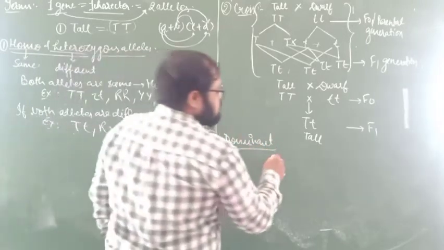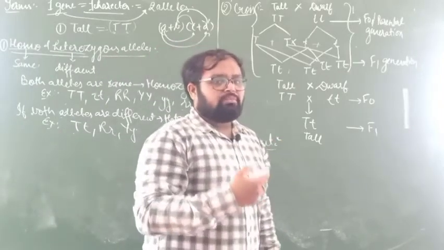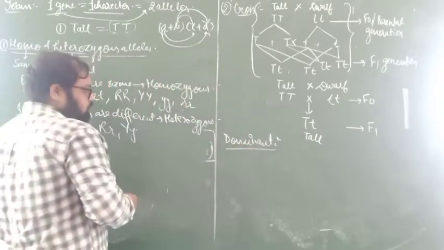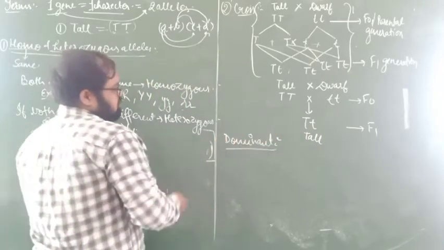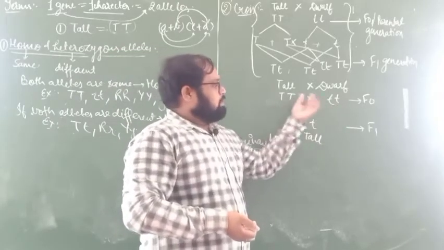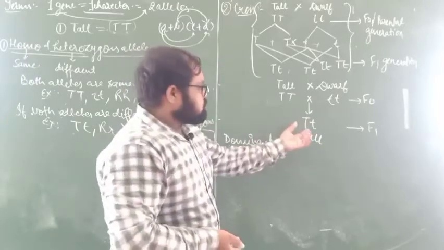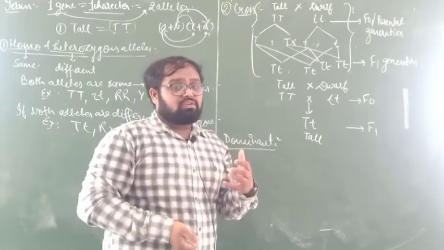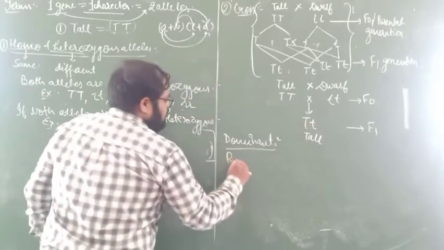Please just remember this dominant, because the maximum examination questions only ask you about the dominant and the recessive. So this one is a simple one, dominant character. Listen once again: when we cross two homozygous alleles, the character which is shown in the F1 generation is called dominant, and the character which was repressed by the dominant character is called recessive.